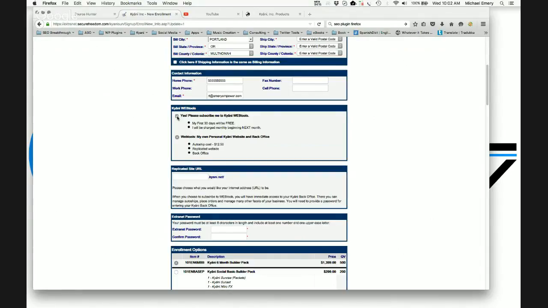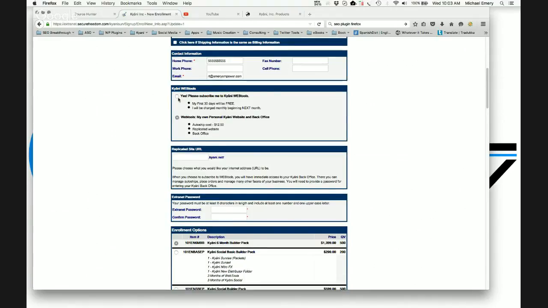So if you don't want to sign up for the $12.50 and you're not paying for a $500 business builder package, go ahead and turn it off for now. You can always turn it back on, and after that first year, you're going to have to pay for it anyways. So it's kind of like the analytics tool for your business. So I'm just going to leave it off for right now. And let's say we got Joe Smith